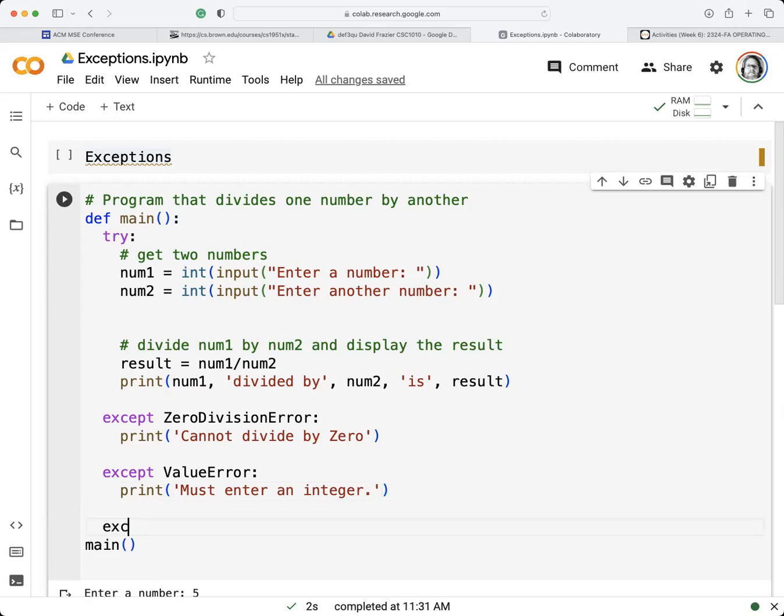The other thing we can do here is just an except. The except just means something happened. An error occurred. We don't know what. So we're now protecting all of our code here against a zero division error or a value error or a